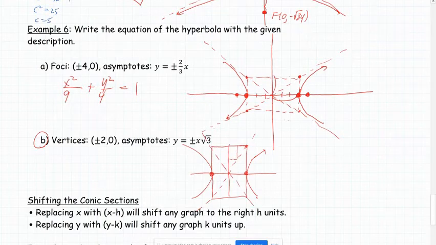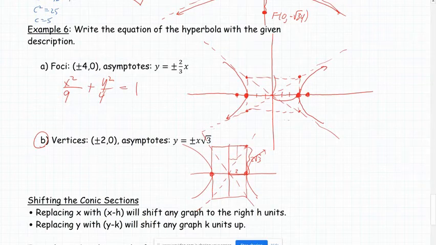Okay, and so this is 2, and this distance this way, or sorry, that's 2, and then our rise had to be 2 root 3. So run 2 and rise 2 root 3 gives us the slope of root 3. And so